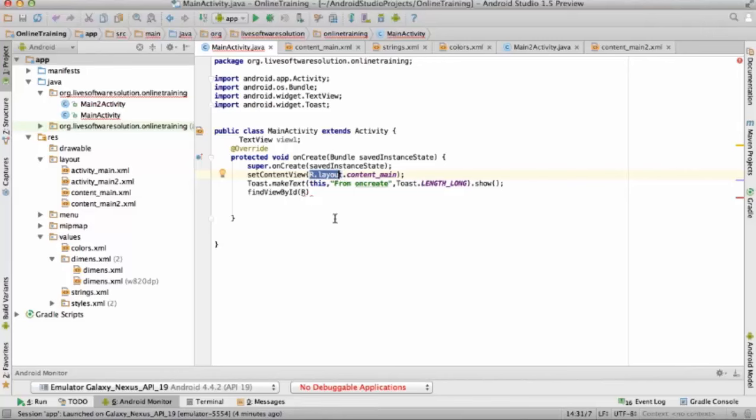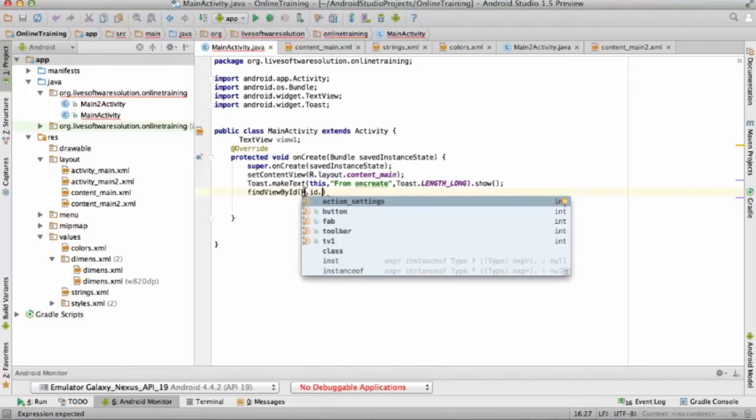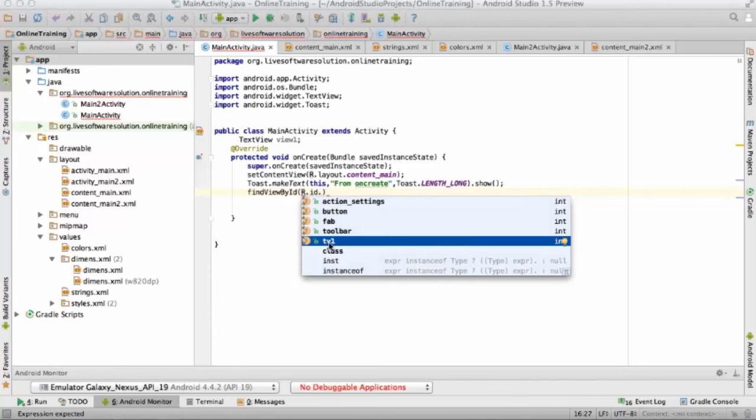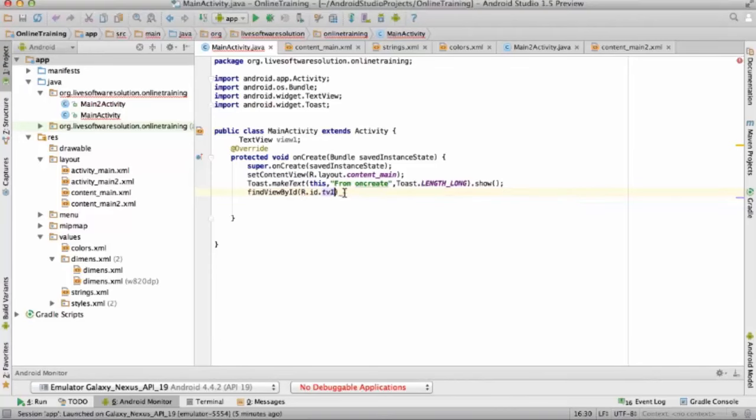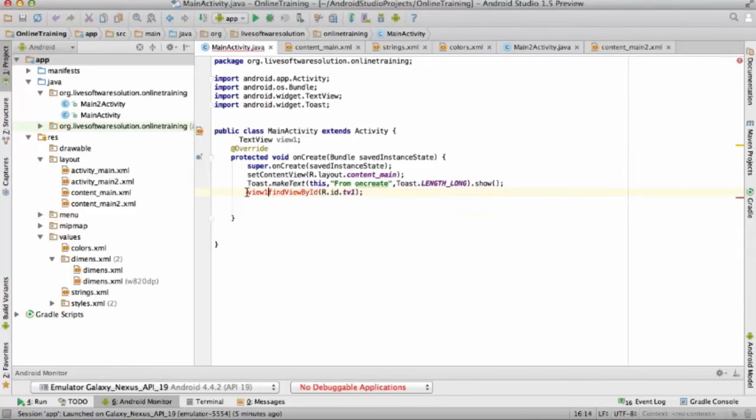So try to understand: the button defined in this XML file, that XML file should be attached to the screen on which you want to display those things. You are getting my point or not? Right. So don't try to open another screen. Try to open the screen on which that layout file is attached, in which you define the button, and on button click you want to take the actions.